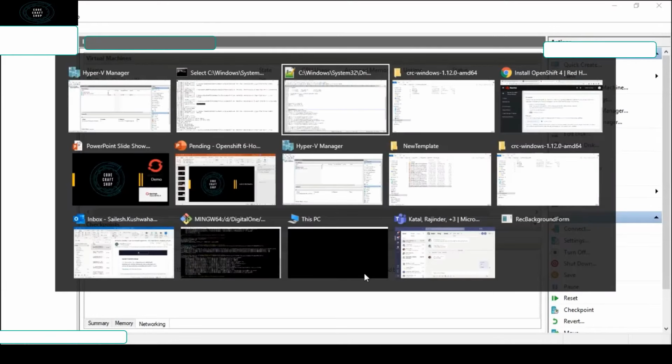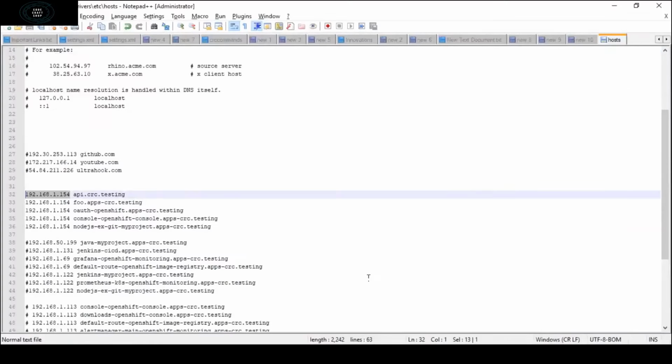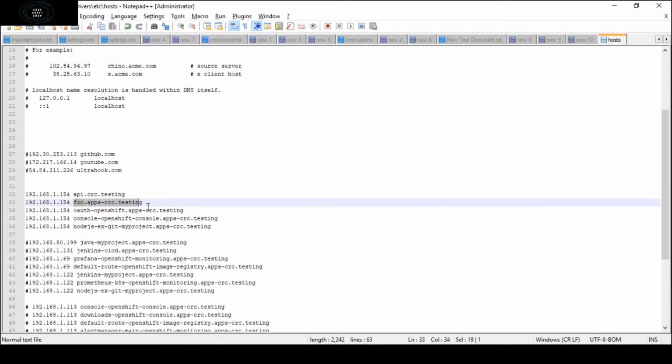I have already placed that IP address inside it, and these two entries are crucial for the setup process, because the OpenShift cluster internally calls this to check whether the IP is configured correctly for this virtual machine or not. If it does not find any IP address corresponding to this mapping, then it will create a problem in Windows. So make sure this entry is inside this hosts file.